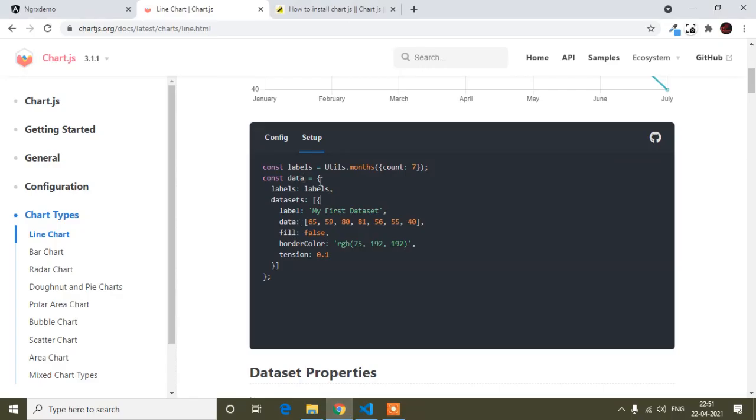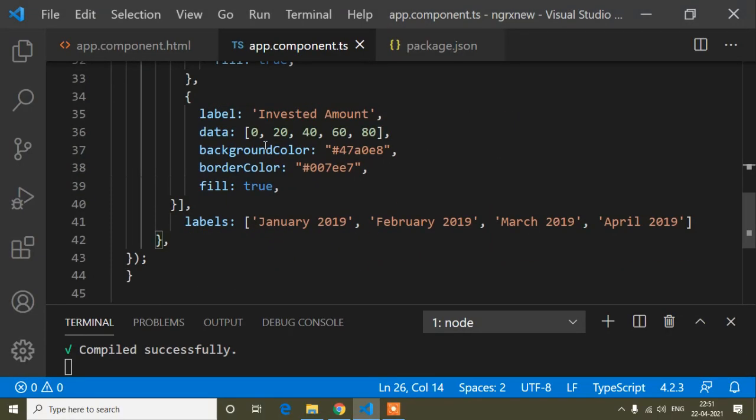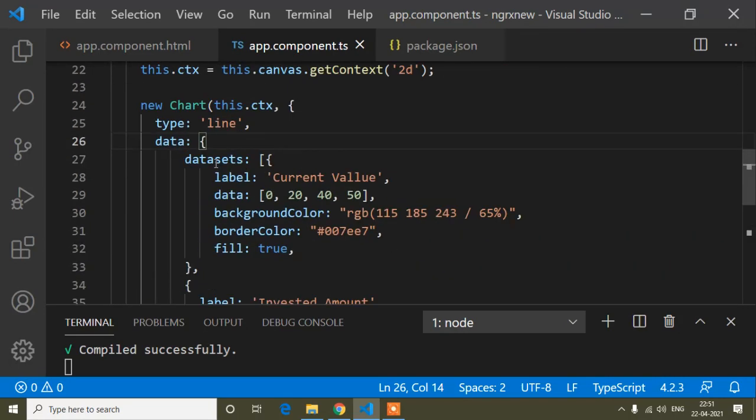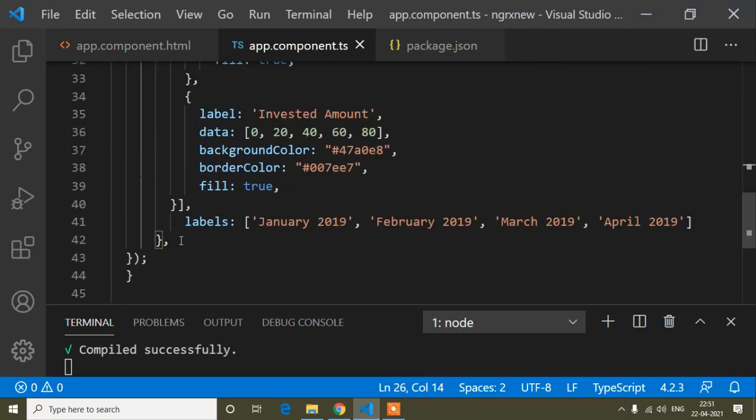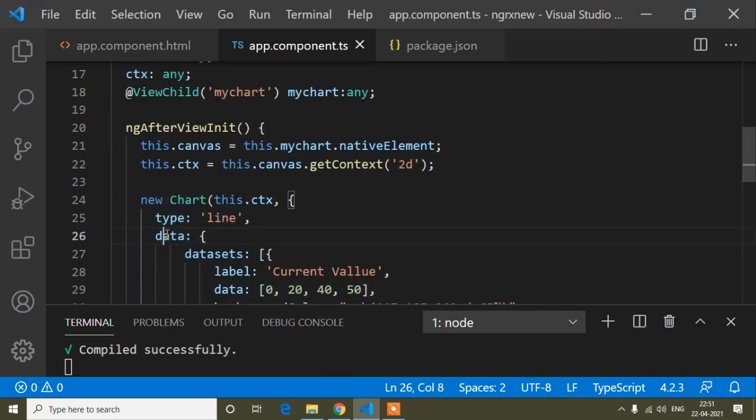So here I will copy this data, and now this data I will remove, from here to here, sorry guys.